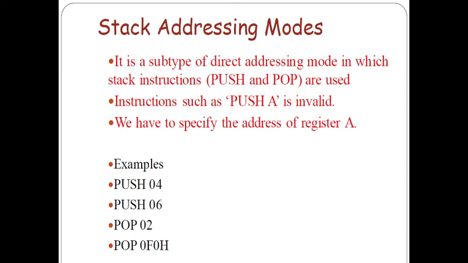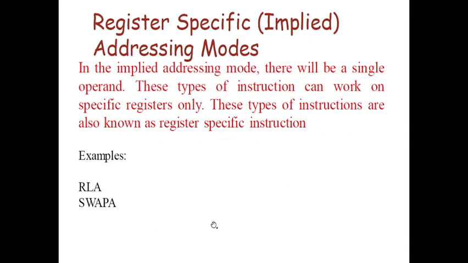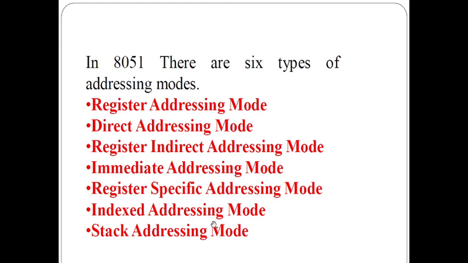Pop means the top of the stack is moved onto a register, that is pop 02 for R2, and pop 0F0H. 0F0H is the address of register B. Whatever the contents of the stack are moved onto 0F0H, that is register B. It pops the top of stack into register B. So like this we have the 7 addressing modes. In the next session we would like to discuss the instruction set of